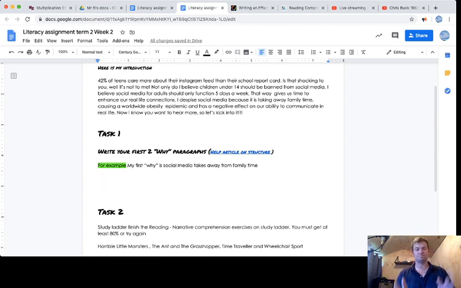Personally, I'm just doing this argument for an example. So my first reason why, and my first paragraph, is going to be about social media taking away from family time. I'm actually just going to state that at the start, because the first thing I need is a topic sentence for that paragraph. So I'm literally just going to state that social media takes away from valuable family time,